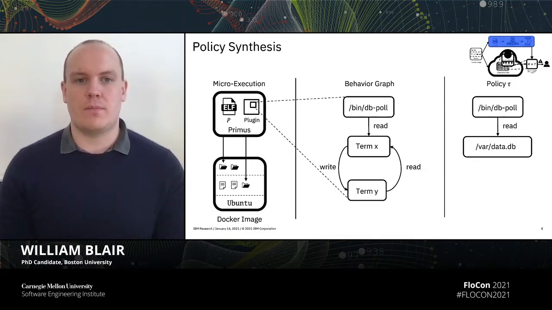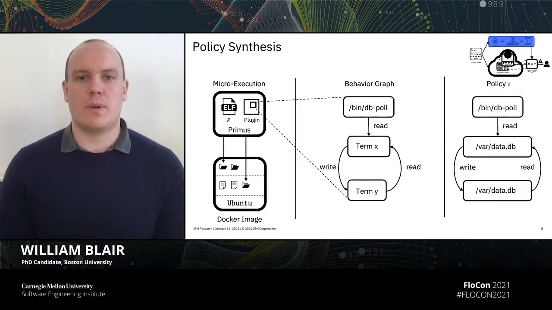In this case, if the db poll simply read from a file stored inside the var folder and wrote back to it, the corresponding policy would encode that this program, for all executions, can only read and write in sequence to the same file on the disk. And reading and writing to any other file should yield a security violation. So the overall output of our policy synthesis is a type that can be assigned to the program P that represents all the side effects or system call sequences that we could expect to see during its execution.